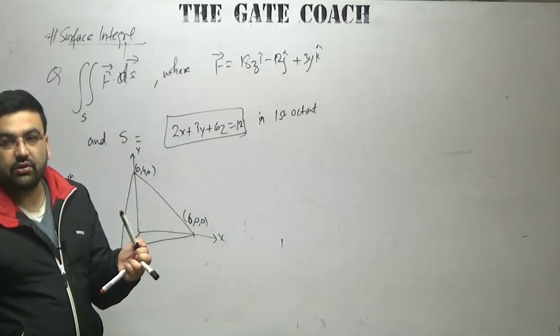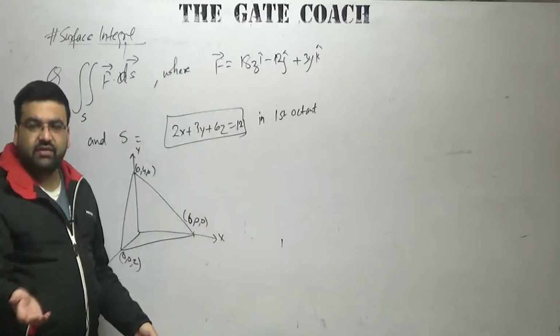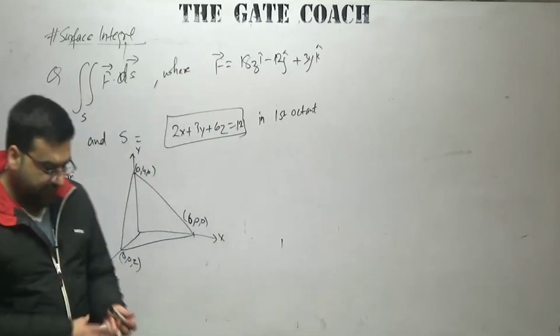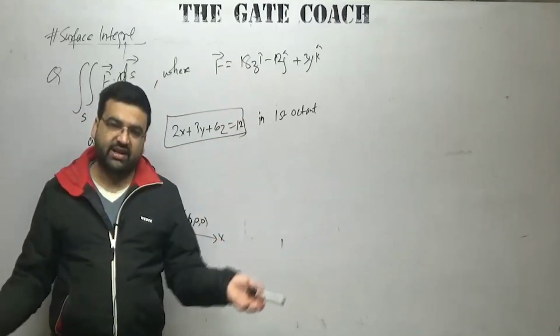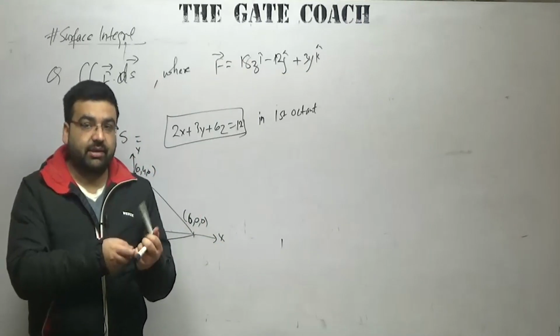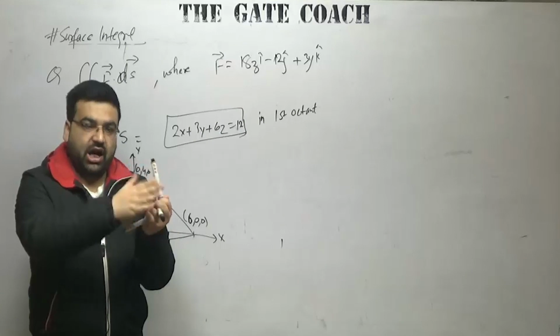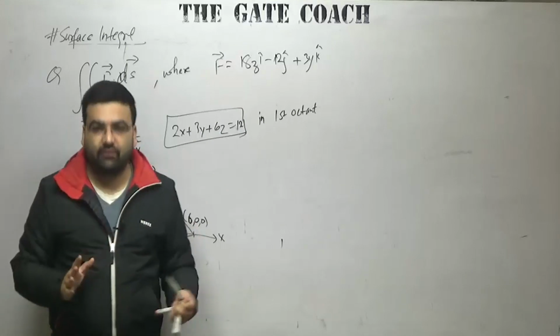Along this plane we have to calculate the surface integral of which vector? Of this vector. We have to calculate what will be the surface integral along this plane of this particular vector. You can consider this vector to be a vector field, and then you have to calculate how much flux of this vector field is coming out. Let us say it is some electric field. Now this is a plane. How much electric field is coming out from this particular surface area? That is what we have to calculate actually.